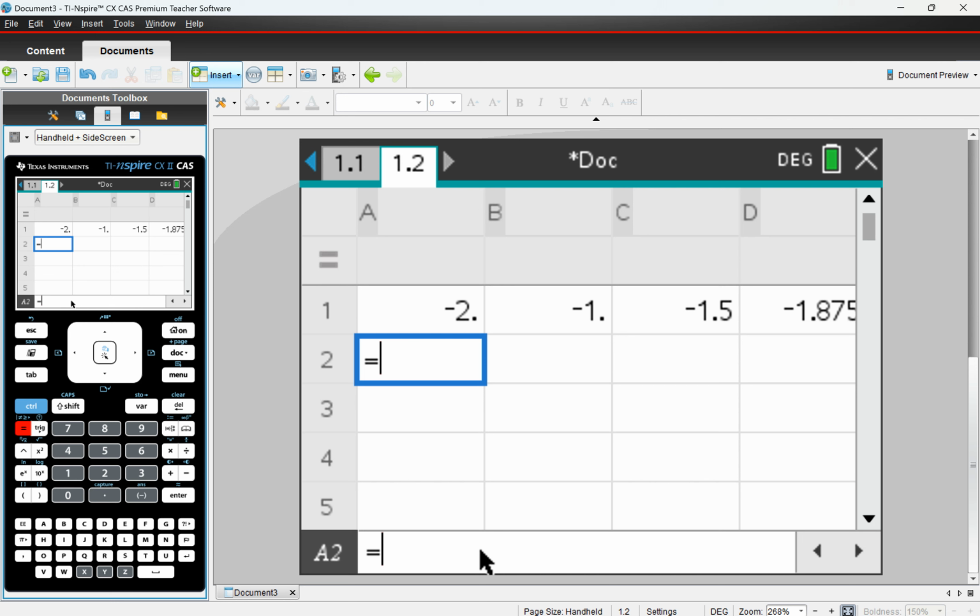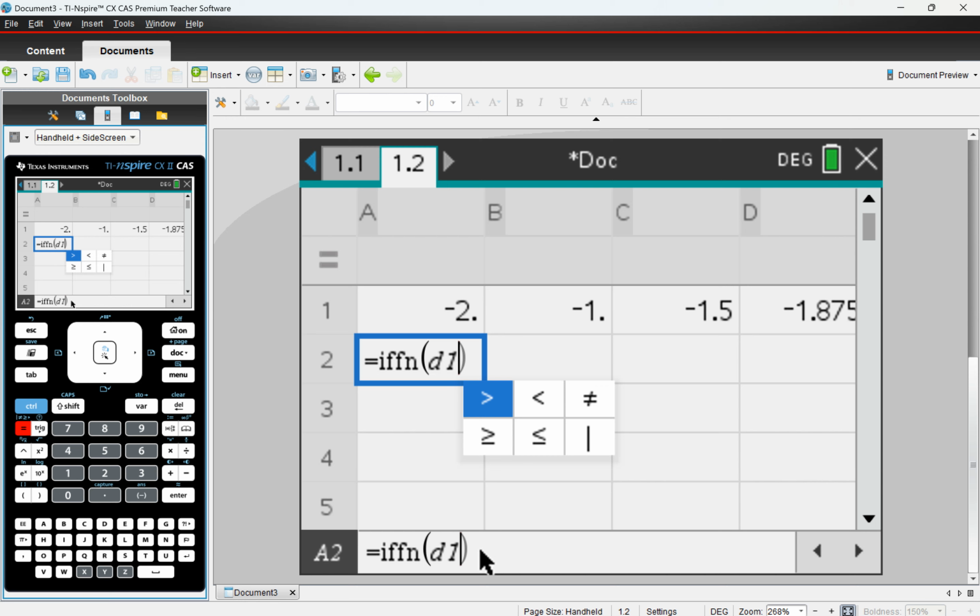Type in equals if fn, that's the CAS version of saying if, and then you tell it a condition. Here's the condition, open brackets. You say if the D1, so if the value of the y value at this point is negative, then I want you to replace the current negative. All right, so how do I do that? This is what I do. D1, if it's negative, meaning less than 0, so control equals less than 0. So I'm saying if it's negative,